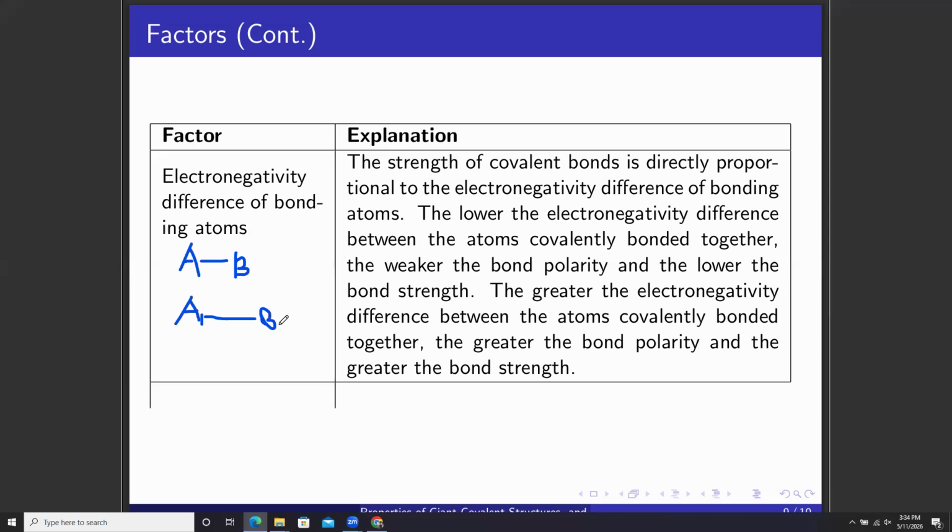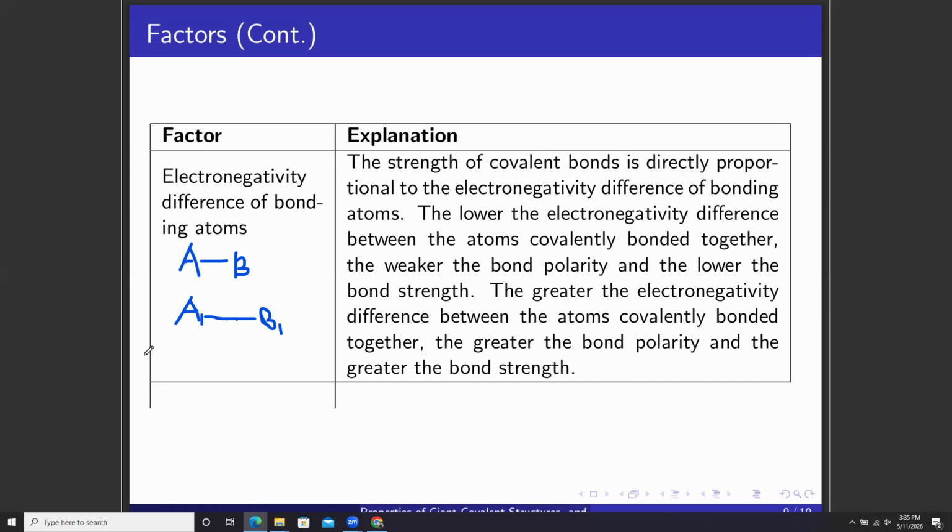I hope from my previous explanation on electronegativity, you know what it means if I say that one is more electronegative, and the other one is less electronegative. Now, the lower the electronegativity difference between atoms, the weaker the bond. The lower the difference, the weaker the bond. If the difference is zero, like for example here,